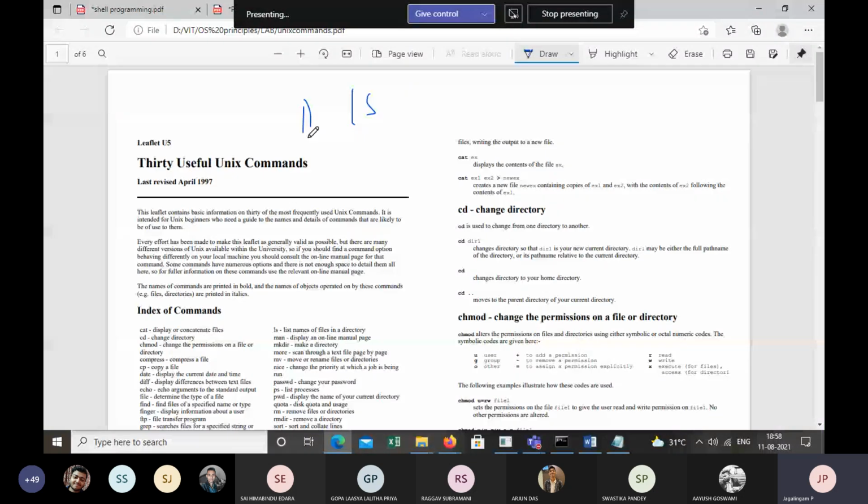Let's say the second command is change directory, write only one line of description of that, and then when you get an output, keep the screenshot of it. So you do that for all of these commands.